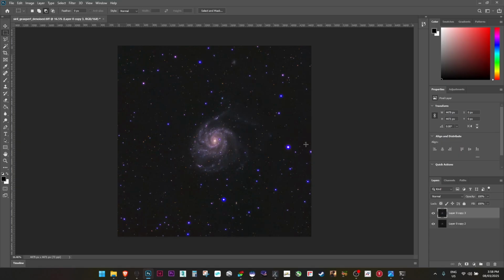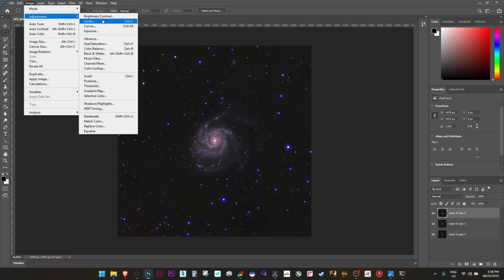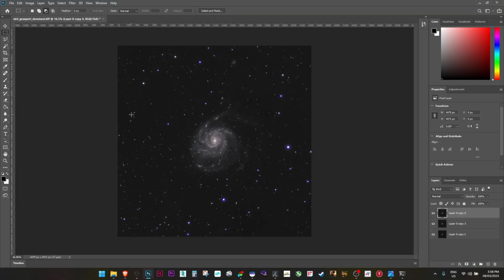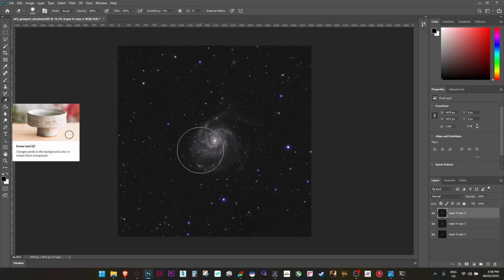Some people will like to keep that. I like to reduce it a little bit. So what I will do is take another copy of this image, and then I will reduce the amount of vibrance within this. Saturation also, we'll reduce the saturation. And this is our sweet spot here,